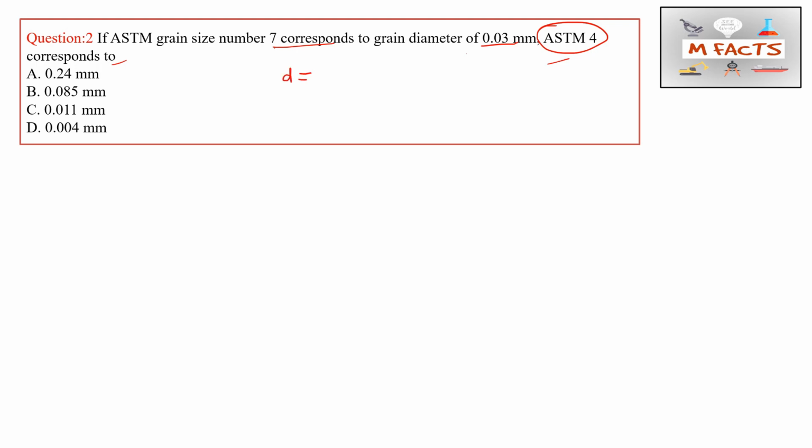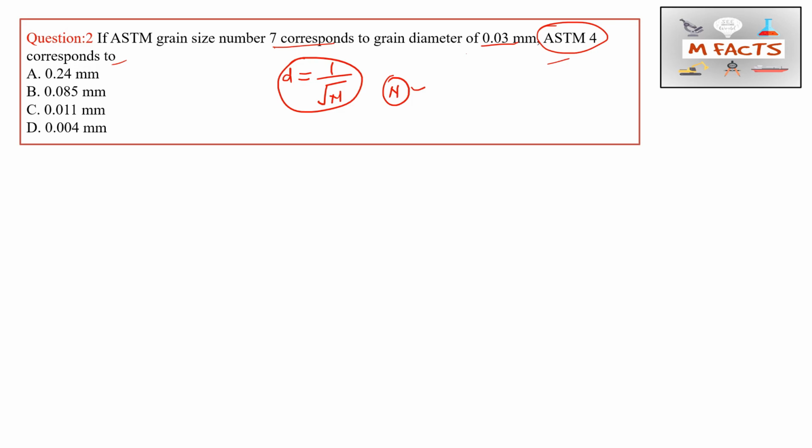We know this is the grain diameter or grain size: D is equal to the square root of 1 by n. So if we are able to calculate this n value, we will easily solve this question. This question was asked by one of the students on our Instagram page, so that's why we have taken this question, and by this question we will learn many things.